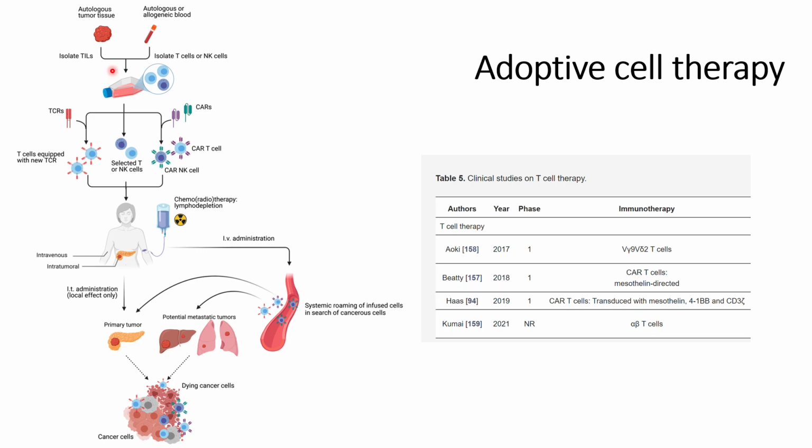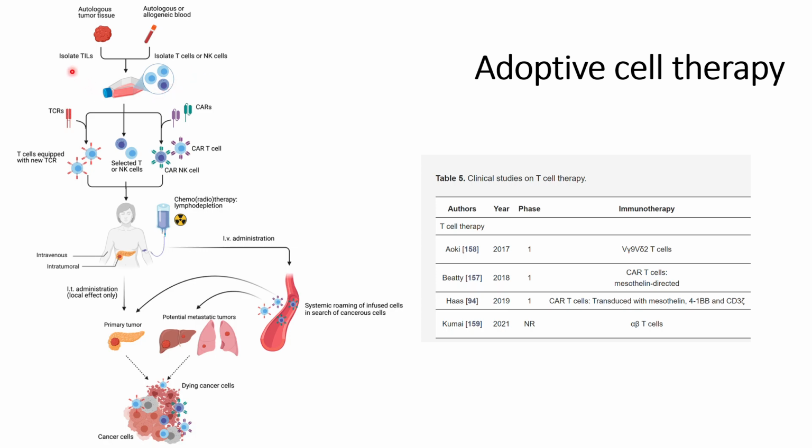the donor is taken. So either blood will be taken, or we can say that the tumor tissues can be taken. Both the blood and tissue, either from the donor or from the patients, will be taken. In this case the T cells and/or NK cells will be isolated from the blood, and they will be co-cultured with these tumor cells. They will isolate these TILs from the tumors, and they will co-culture both these T cells or NK